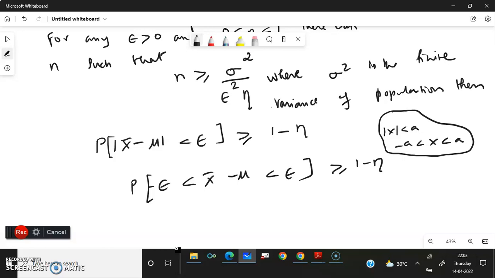Sure event in the sense that x bar minus mu lesser than epsilon. This means whatever comes in x bar minus mu is very close to 0, meaning x bar is very close to mu. That is what it means here. With this example we have to try to understand the law of large numbers, that is, more observations. If the sample size is increased, we are very close to the population. If you want to find mu and you increase the size of the sample,